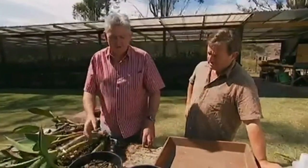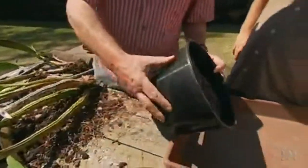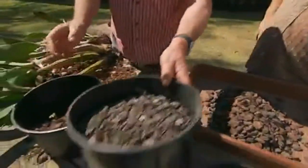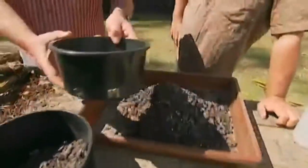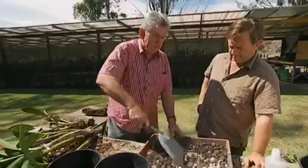So now I'm going to put in a potting mix that we use from these materials here. I'll use coarse pine bark here, and I'll put it down there about that much. I'll then add about an equivalent volume of medium pine bark, about that much. I'll also put in a rock substrate which gives it stability and weight so it doesn't tip over in the pot because they're quite tall plants. Stir it around a bit